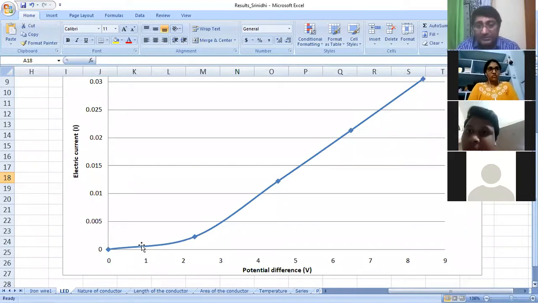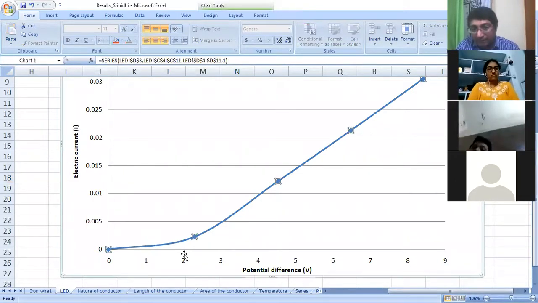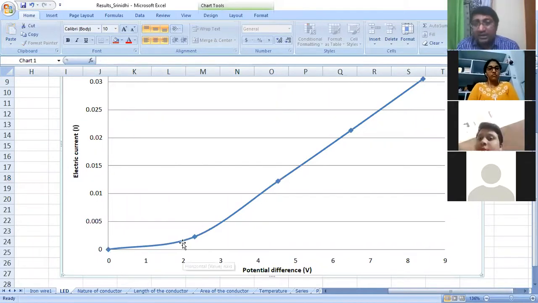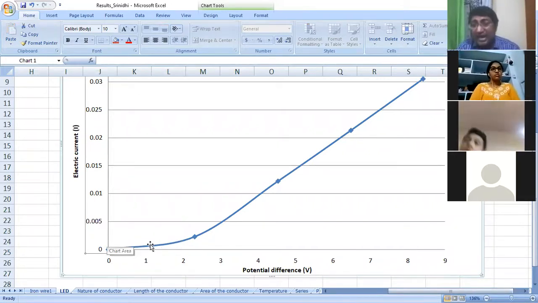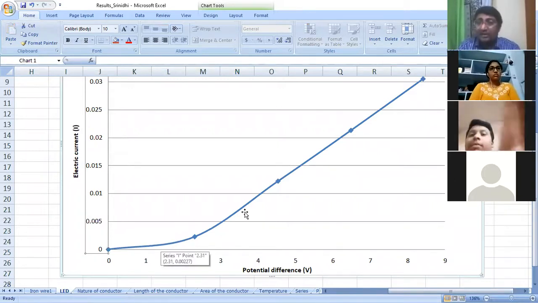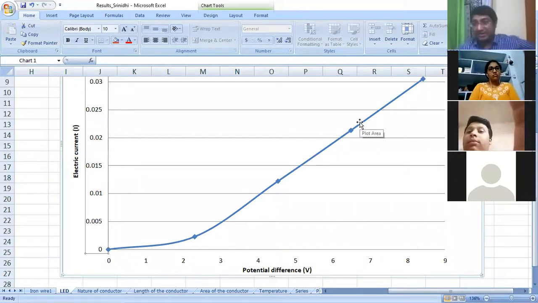But if you observe the graph over here, let's imagine this point, around 2 volts. When you're supplying 2 volts, the amount of current that is obtained is very, very small. That means the initial portion, when we started the activity, when the bulb was glowing for the first time, we had to supply a lot of energy, but the current was very small. That means initially it was a high resistance region, and later the resistance has decreased, and later on, the resistance has further decreased. So that is what this graph is telling.